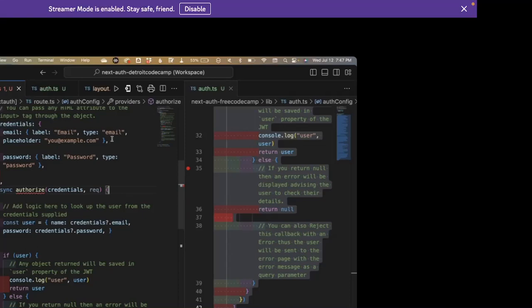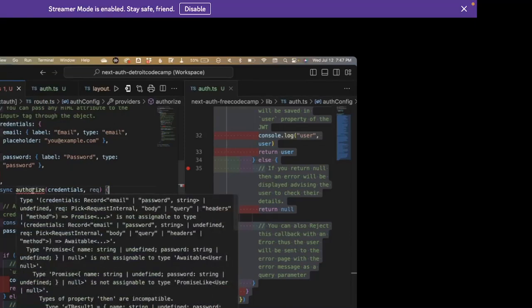I think if you hover over authorize, it's going to tell you what keys it's expecting. So it's saying it's expecting an email, which you have, and a password. Sorry, a record of email or password, undefined, a request